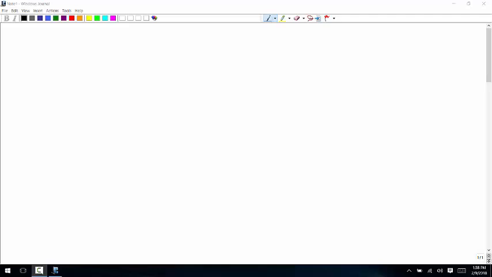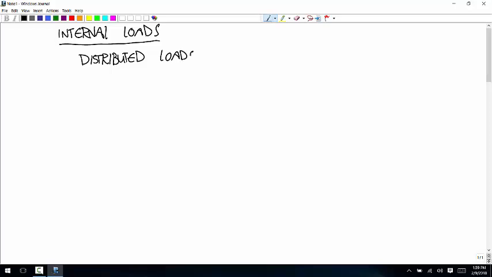Okay, so we're doing internal loads. And the last thing we have to talk about is distributed loads. And those show up in something like this. So if you have a cantilever beam,